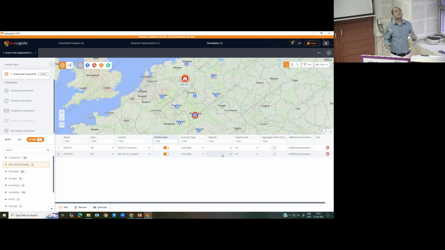Any guess? Yeah, go on. Why is capacity 0? Here capacity is not an input parameter. We are not restricting anything. We are not restricting the capacity of the DC. We are trying to find out the capacity of the DC. So whatever the demand is, on the basis of that demand, the distribution center will find out the capacity